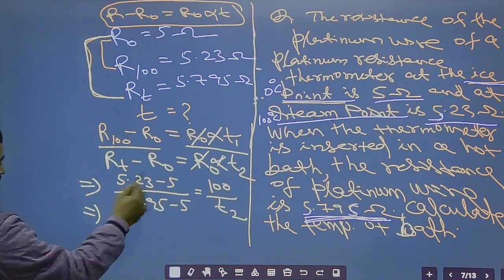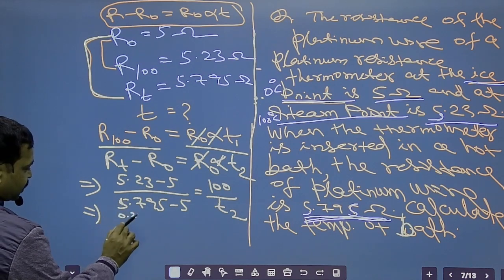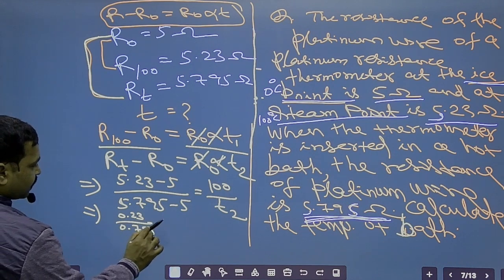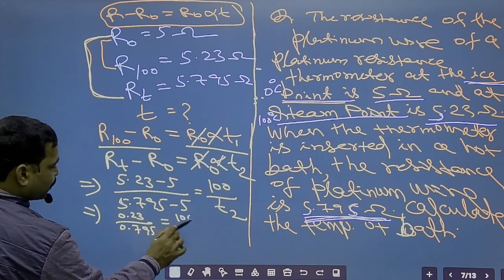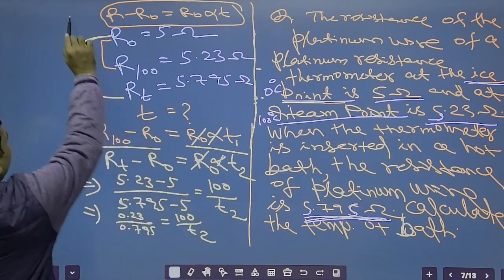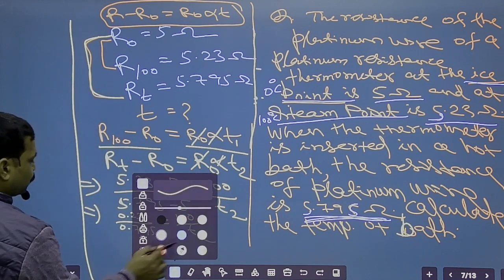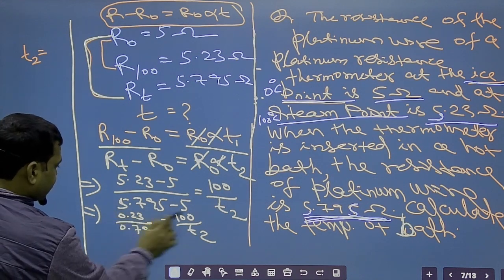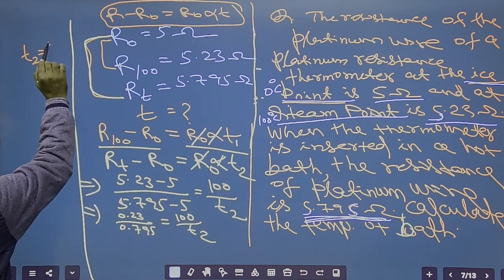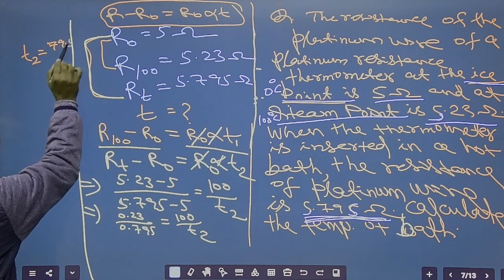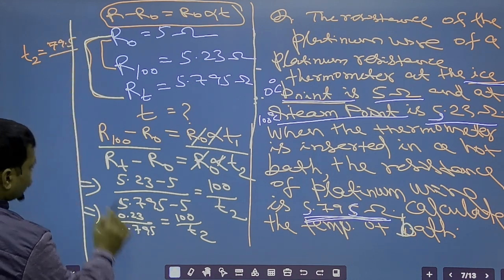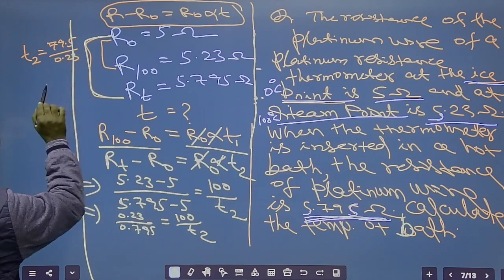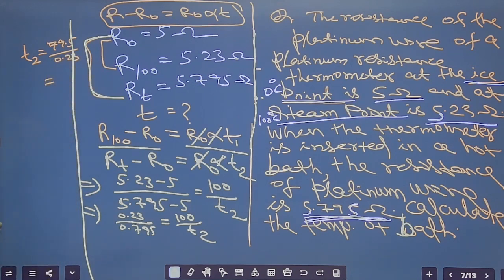So by taking this, we will be getting 0.23 by 0.795 equal to 100 upon T2. So the value of T2 will be equal to 100 into 0.795, that is 79.5, upon 0.23. So here we will get the value. But here you will see